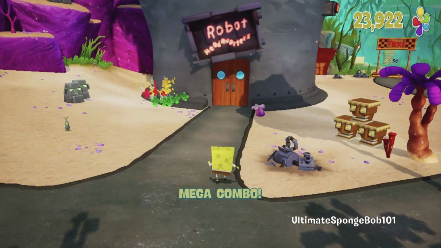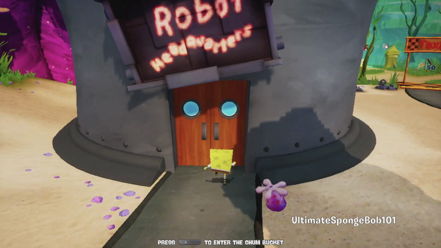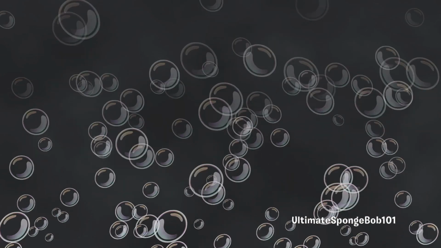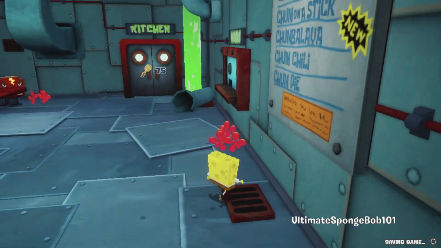So, okay, here we are at Chum Bucket, Robot Headquarters, pretty obvious. So going inside, we actually just need to do a wall jump and we'll be able to get our final spatula of Bikini Bottom. They serve food here, yes, but they...